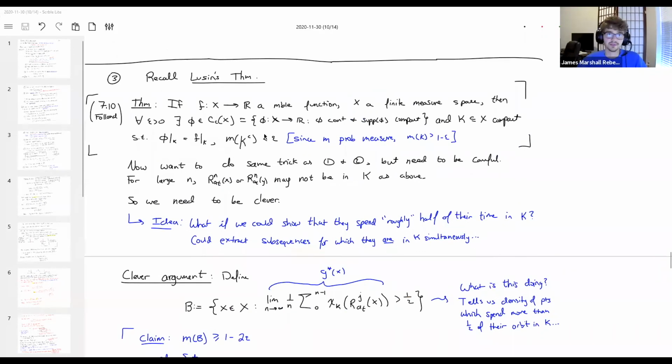Yeah, this is from Lusin's theorem. So we're finding a compact set K with measure bigger than 1 minus epsilon, so that on this compact set K, f is the same thing as a uniformly continuous function on this compact set. Okay, it agrees with the uniformly continuous function. That makes sense. And then if you scroll down a bit,